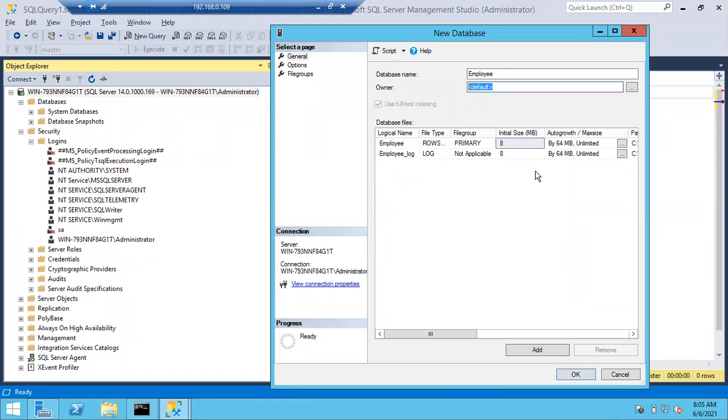Nothing will happen. It will be successfully created. But the problem is, in the future this account may be removed or deleted from the logins list, so it will impact the performance of the object. So that's why we won't keep individual users as owners of the objects. We are going to keep SA as the owner of objects. Any object like databases, jobs and all, SA should be the owner.